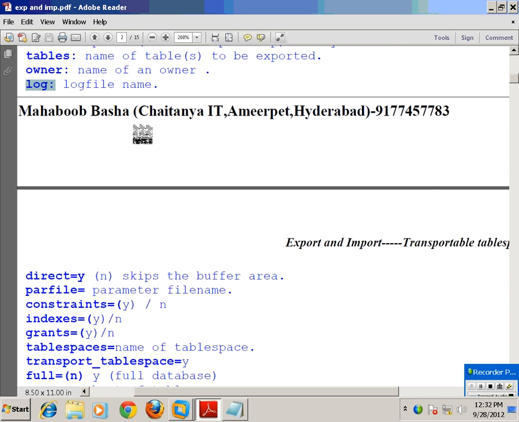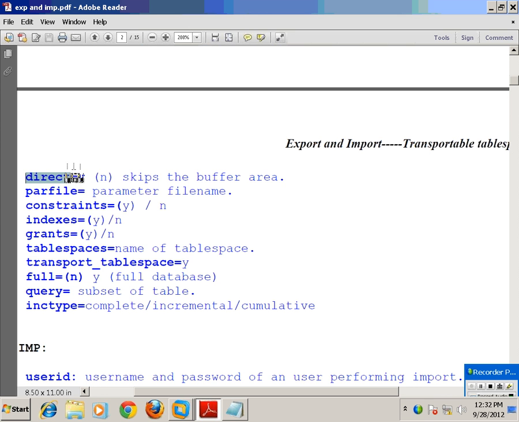DIRECT equal to Y. That is, skip the buffer area. DIRECT skips the buffer area. PARFILE, the parameter file: you can place parameters in a parameter file. And you have CONSTRAINTS.